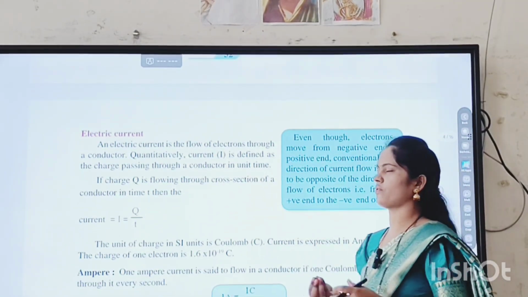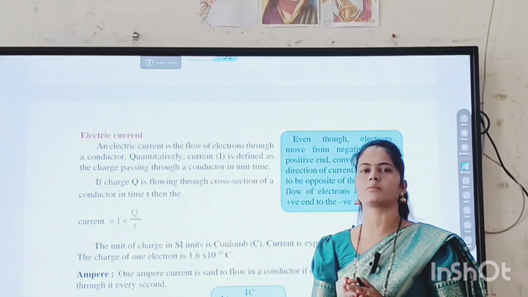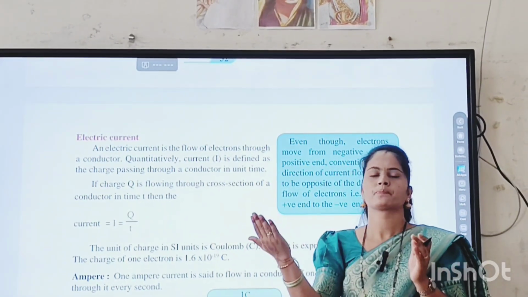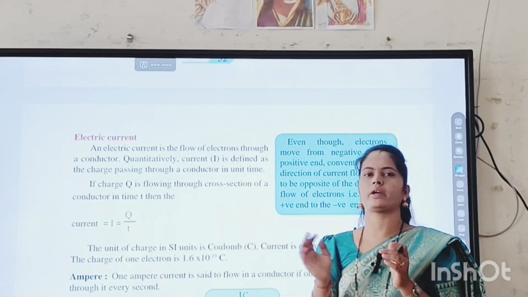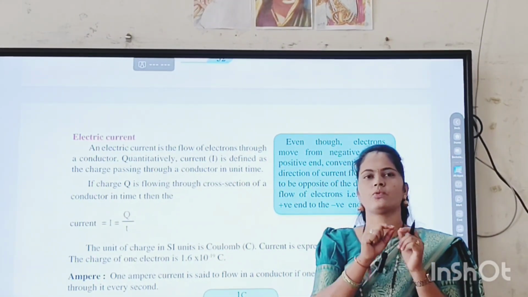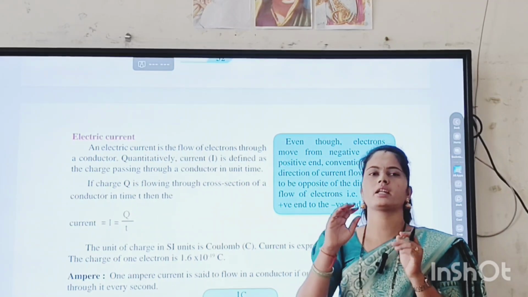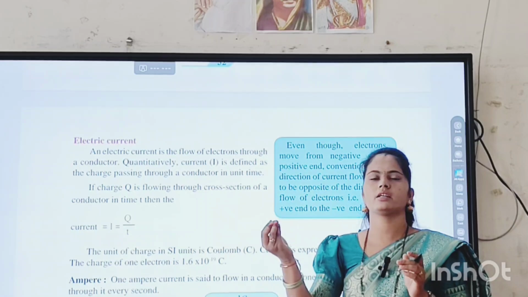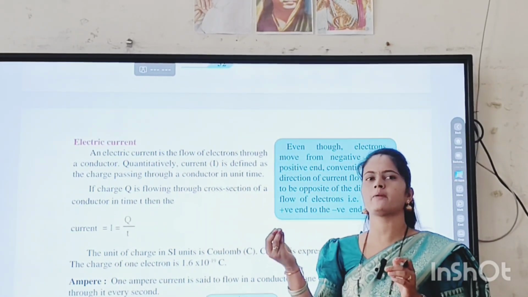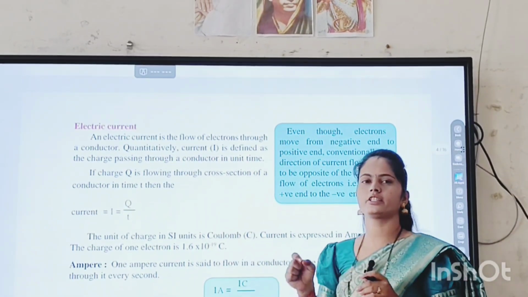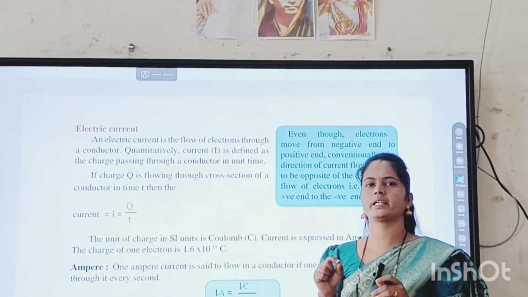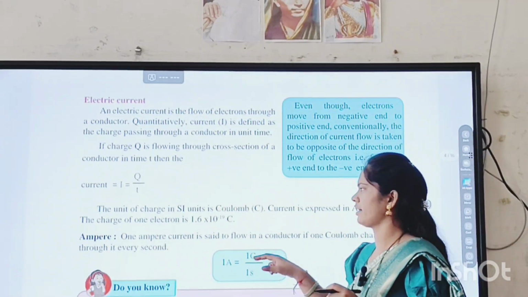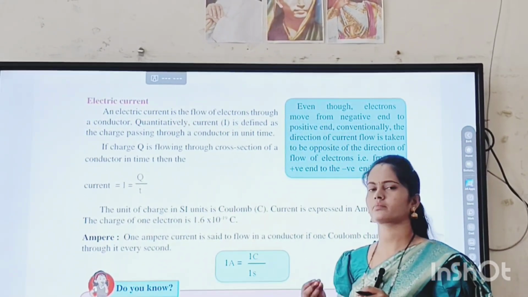Then, after the definition of electric current: electric current is nothing but flow of electrons. Electrons flow from the source to the conductor or any particular device. In a particular manner, one electron bombards another, and then the kinetic energy goes to the other electron. In this way, energy flows, or electric current flows, in a wire. Current is denoted by the symbol I. Q upon T is its formula. Q means charge, charge upon time is current, and the unit for current is ampere.